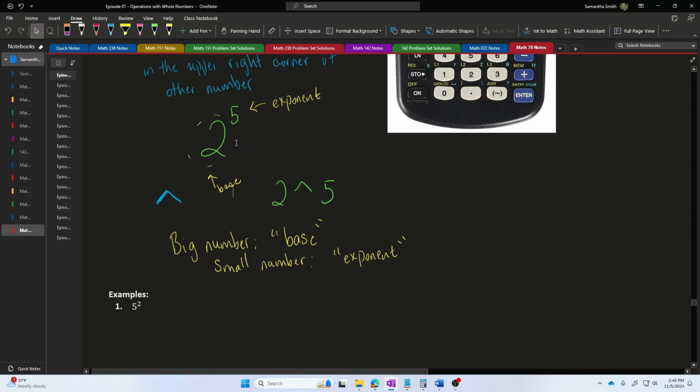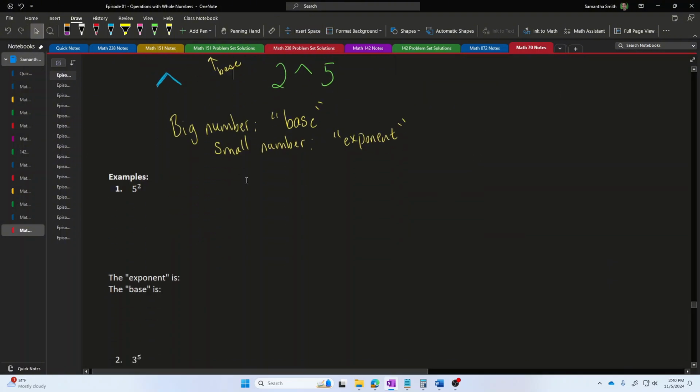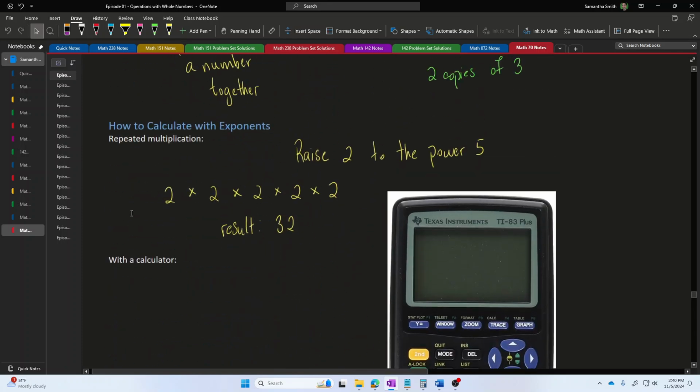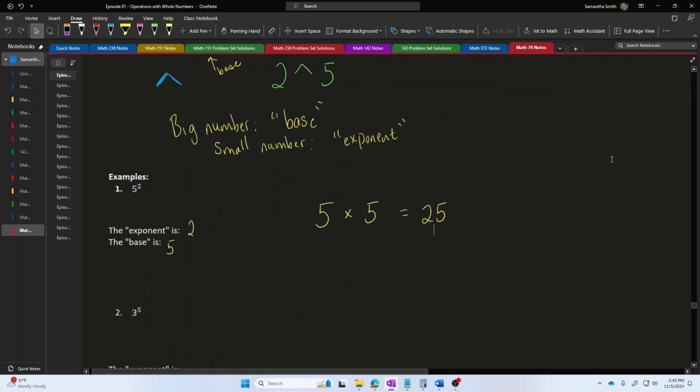So 2 to the power 5, 2 for the base and 5 for the exponent, tells you multiply 5 copies of 2. But if I reverse those values and I put a 5 at the base and I put a 2 in the exponent, then this tells me I want you to take 2 copies of 5 and multiply them together. 5 times 5. And the result of that is going to be 25 units, which is really different from the 32 that we found when the numbers were in the other order.